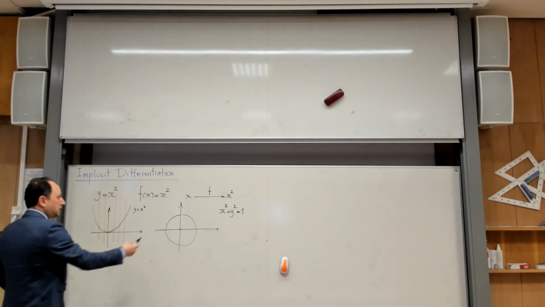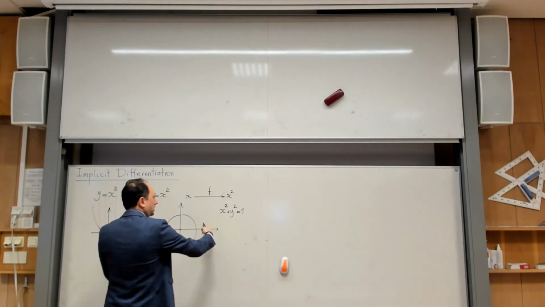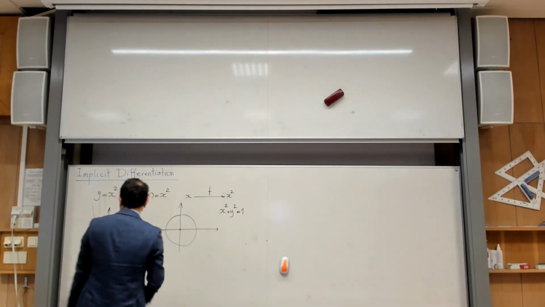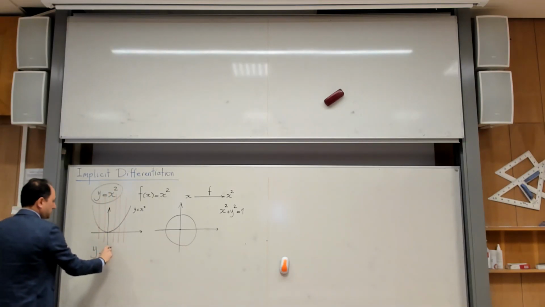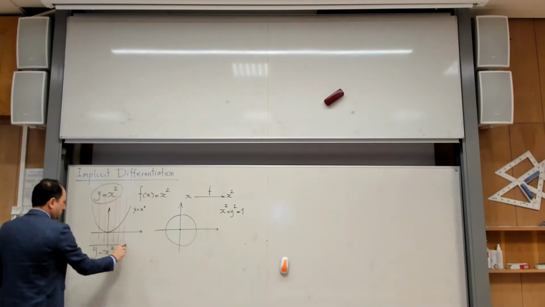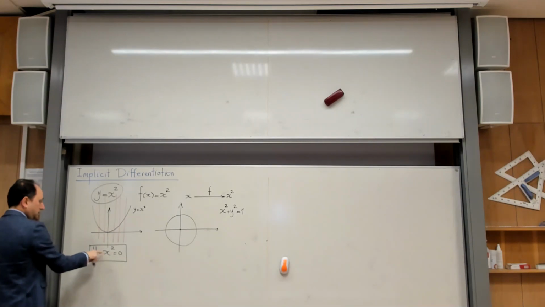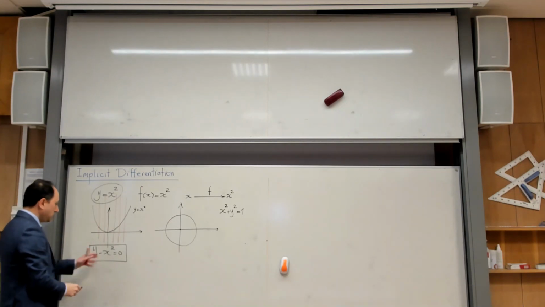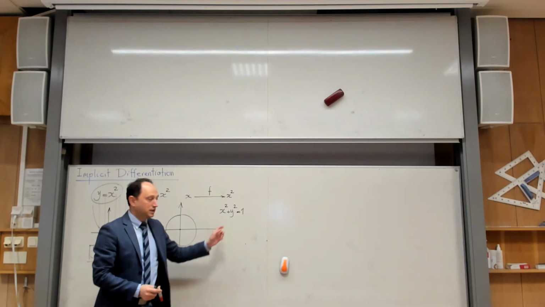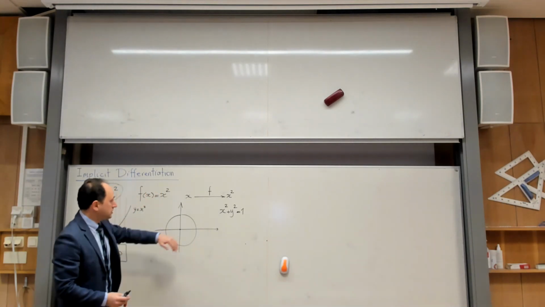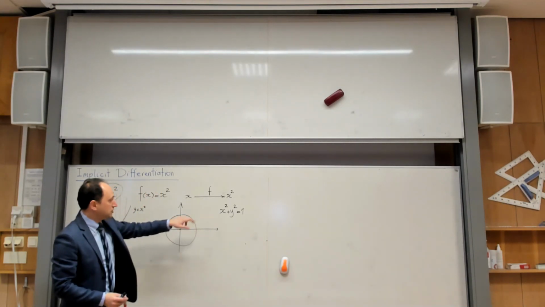So don't think that because y is on one side, y and x are mixed. This equation can also be viewed in this form. It doesn't matter. If I ask you what you think about this equation, you would say yes, this equation defines a function. Yes, it's a mixture of x and y. And that's also a mixture of x and y. But then if you draw the graph of this, you will get this circle, but this does not define y